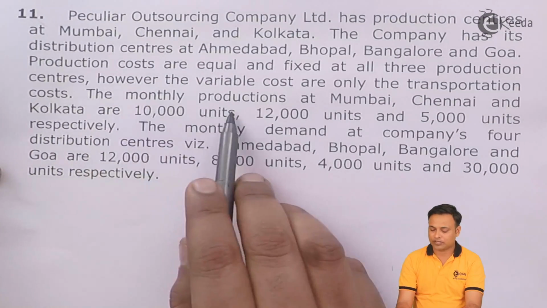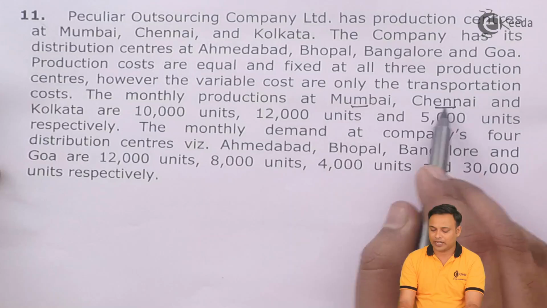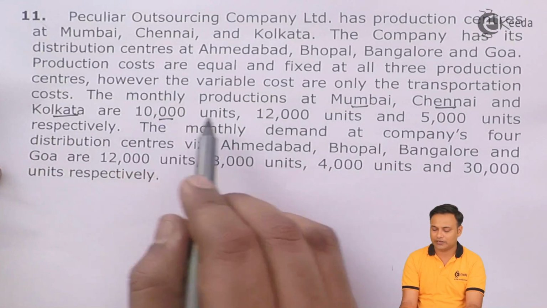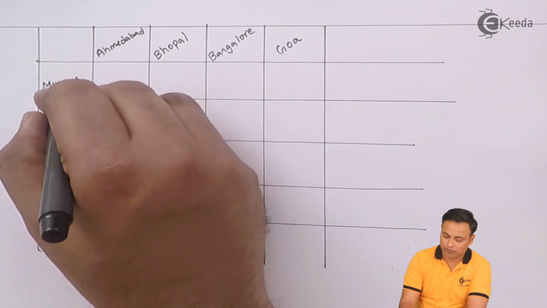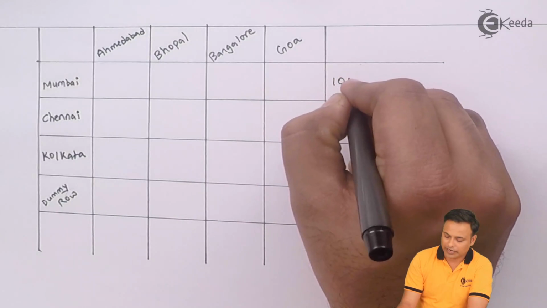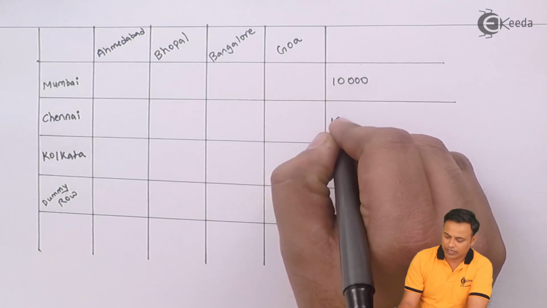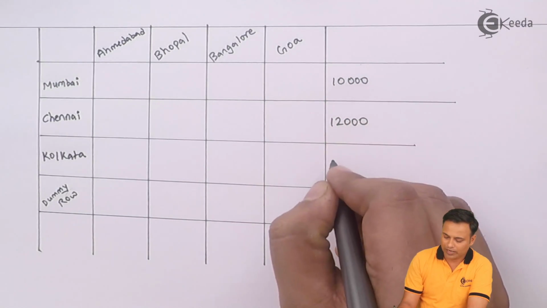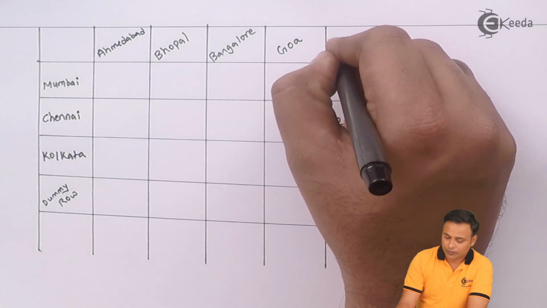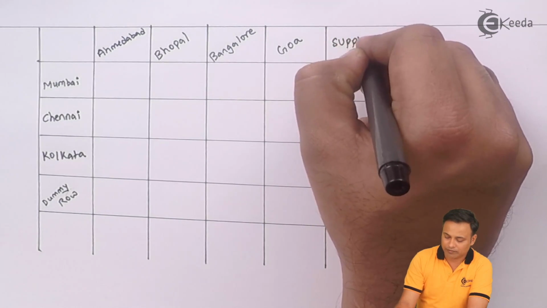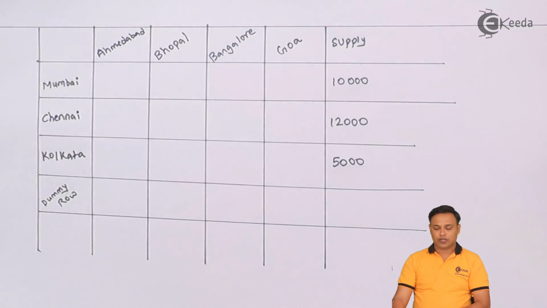The monthly productions at Mumbai, Chennai and Kolkata are 10, 12 and 5,000. So here comes my Mumbai 10, Chennai 12 and Kolkata 5,000. This can be called the supply, and